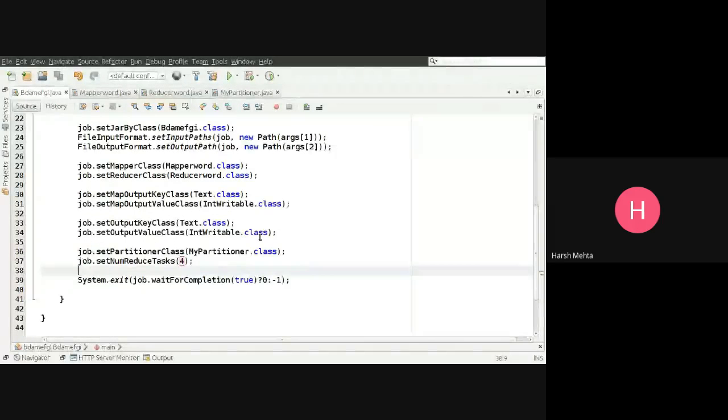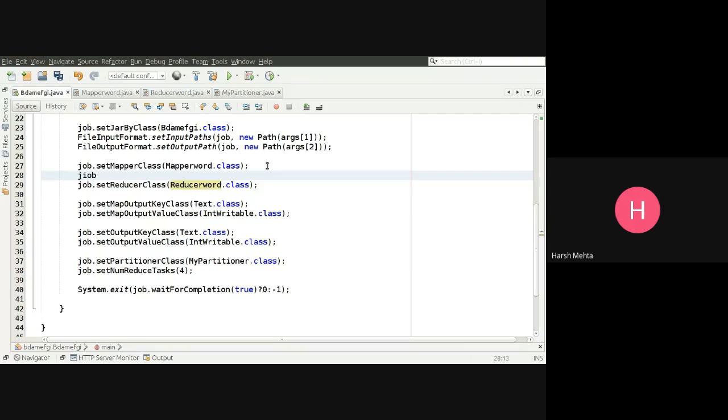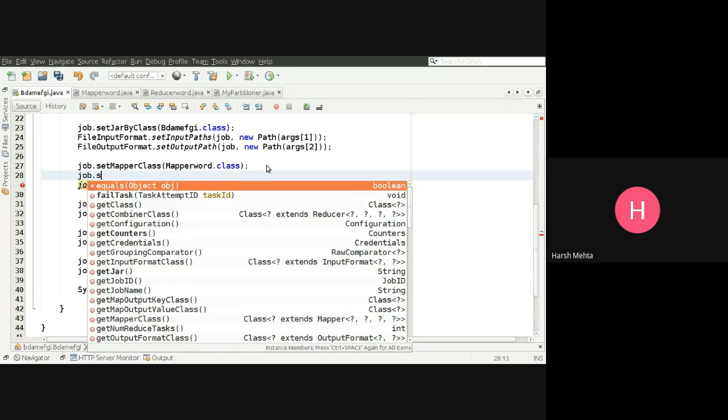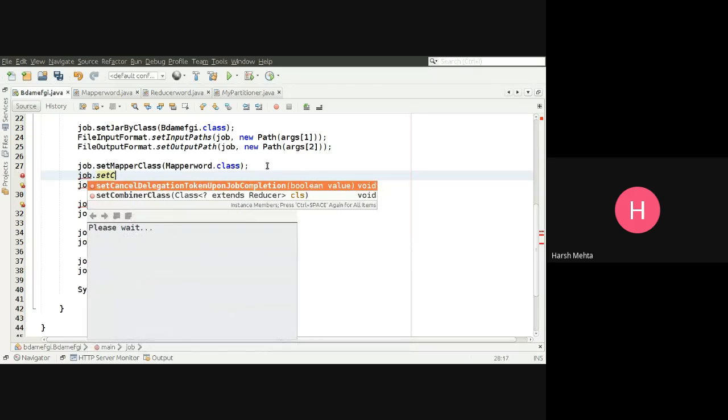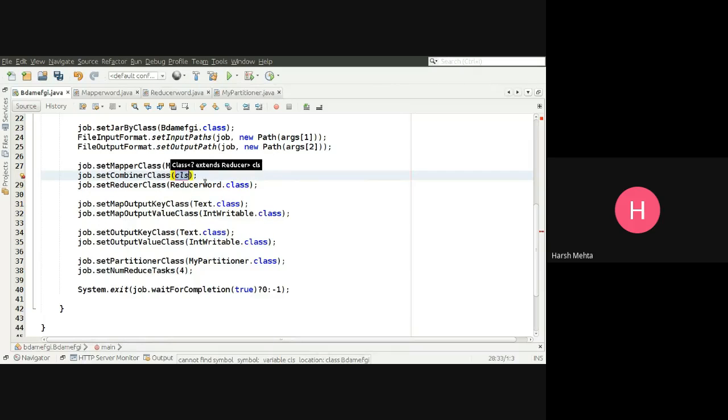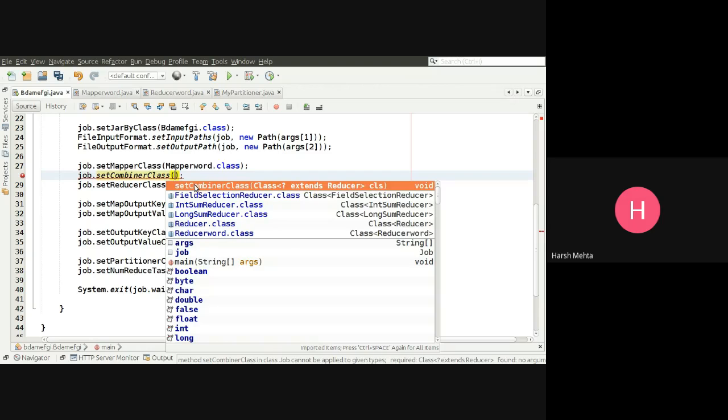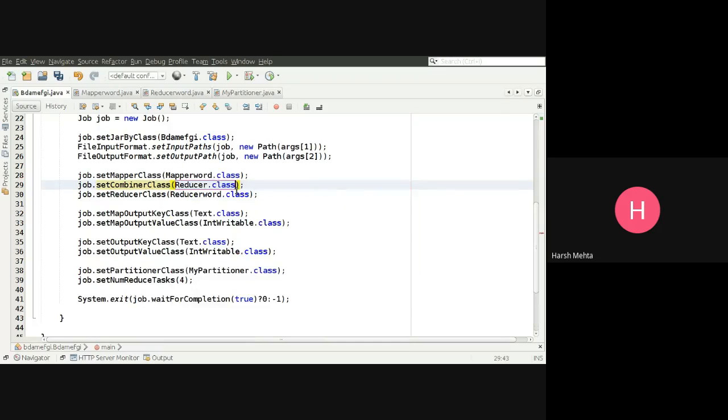So in this code, in the driver class, if we want to introduce the combiner, what do we need to do? You see, what is our reducer class? This one. So in between this mapper and reducer class, I'm going to introduce job.setCombinerClass. Which class are we going to give? The same, the reducer class. What is the reducer class? This one, reduce. Let me get some help from the IDE. Sorry, it's the Reducer class, right?